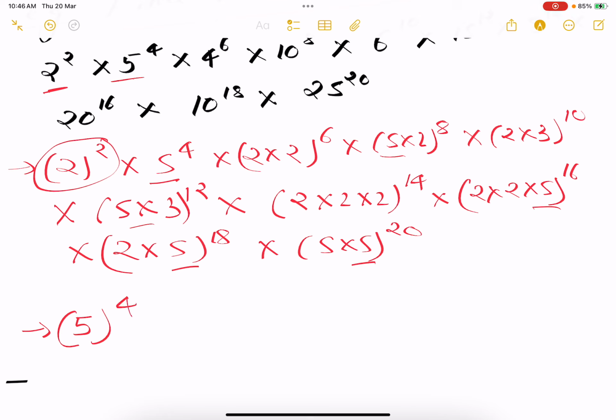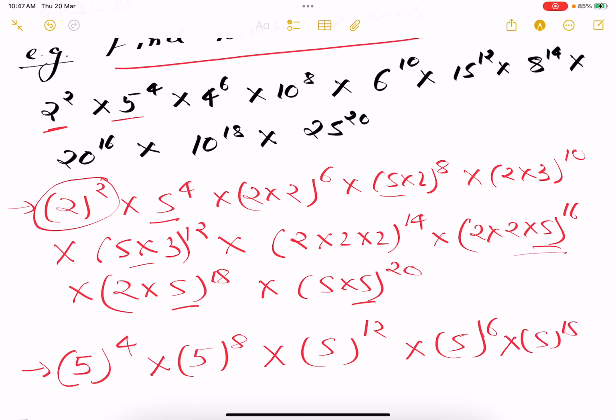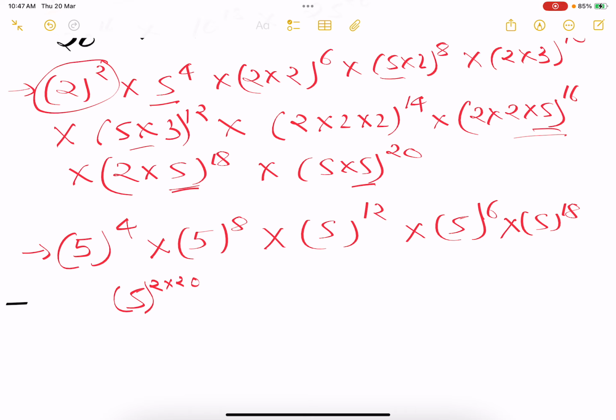So now we can deduce it as 5 to the power 4, okay, into, now let's see where other is the 5। Here is 5 to the power 8 into 5 to the power 12 into 5 to the power 16 from here, and 5 to the power 18 from here, and 5 to the power 2 into 20 from here।